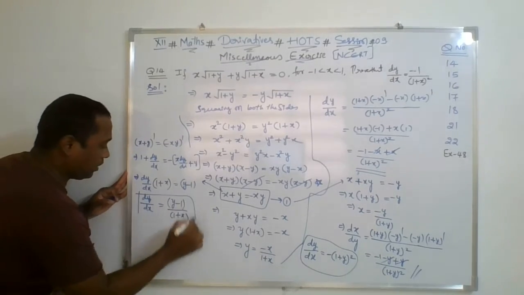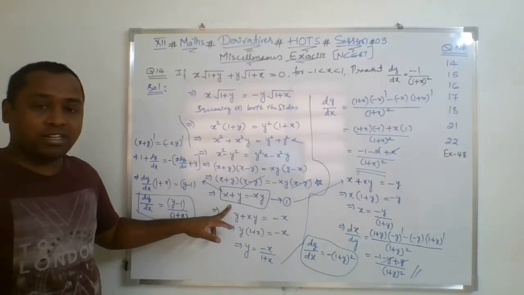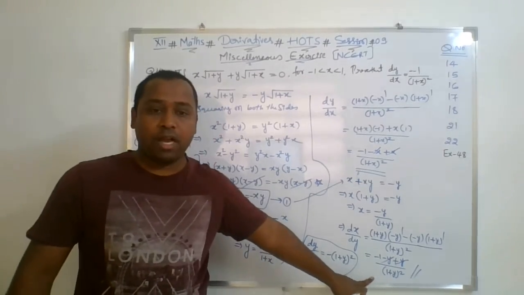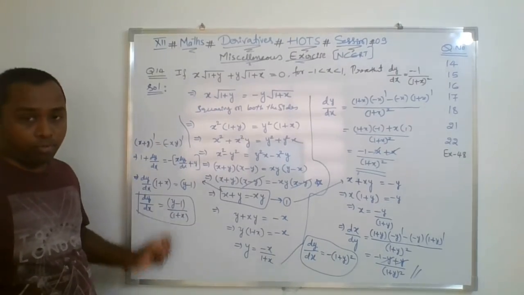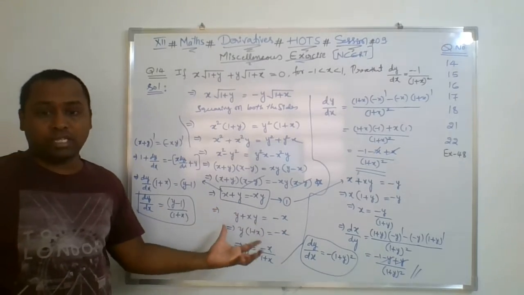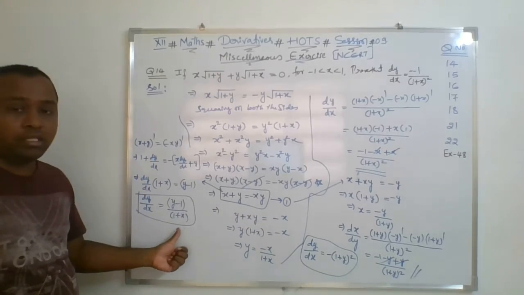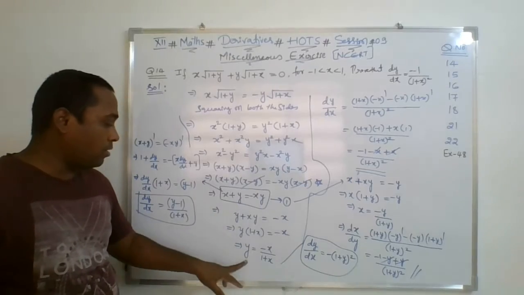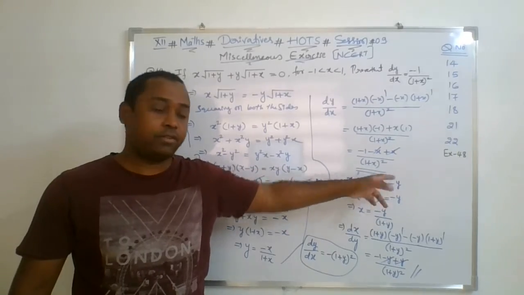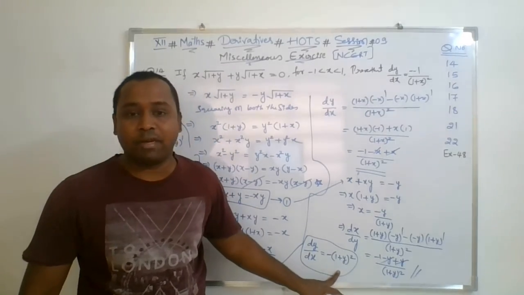So now you just tell me how many answers you are getting from the common result: in terms of purely x, in terms of purely y, or in terms of x and y both. Now it depends on how the student proceeds. If he is directly taking the derivative of this equation, he is going to get the equation like this. If the student is expressing y in terms of x, he will get the answer in terms of x. If the student is expressing x in terms of y, then he is going to get the answer for dy by dx as this.